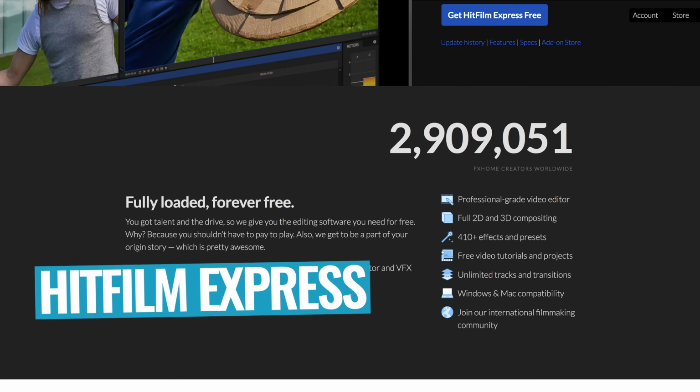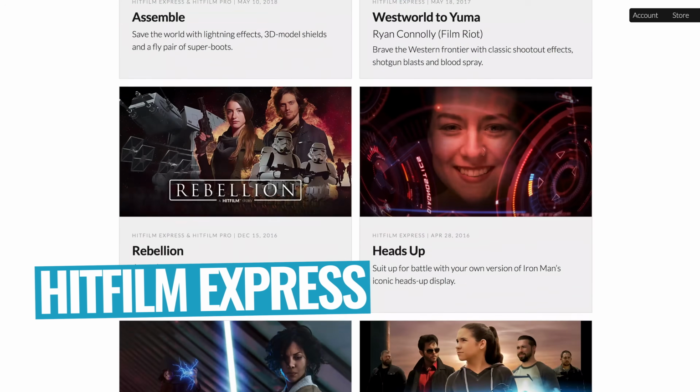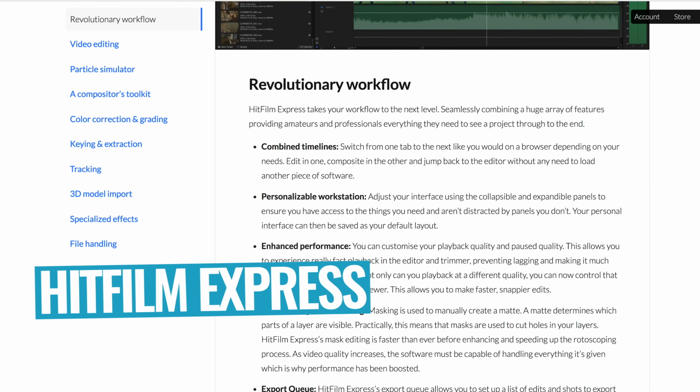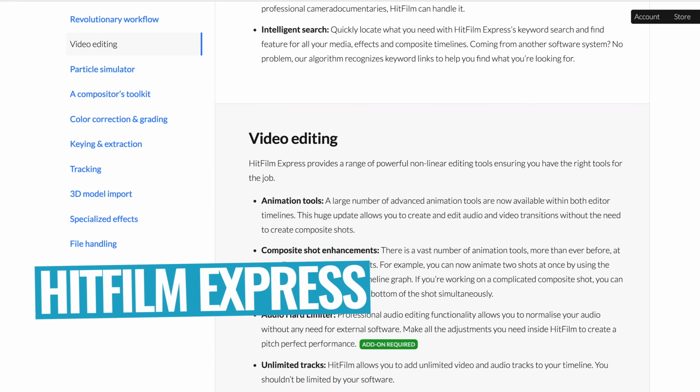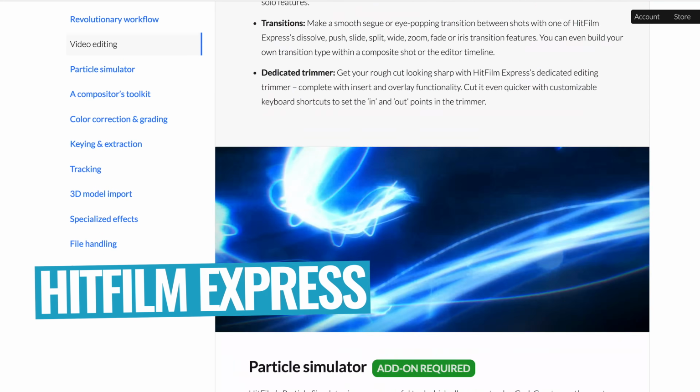HitFilm is a bit of an interesting beast. It's an amazing video editing application, but they've also thrown in a heap of visual effects and special effects tools in there as well if you're looking to create videos with those included. The interface itself is fairly intuitive and easy to use, but the biggest thing here is the amount of tutorials and training that they've got on their website, let alone online on YouTube, so you can really get up to speed quick because there's a lot of power and a lot of tools in there that you're probably going to miss just on face value. You might have to dig into them to really get a handle on what's in there